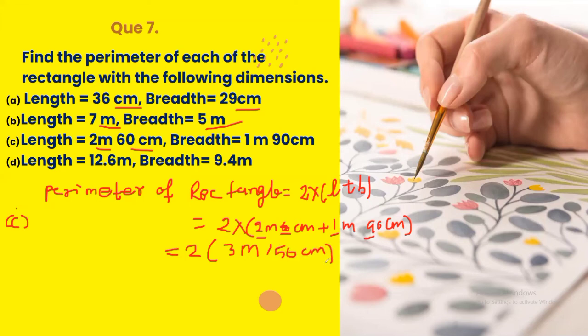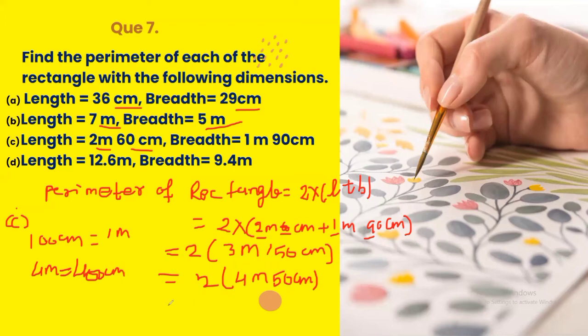Centimeter. Got it? Now you know very well 100 centimeter is equal to 1 meter. So this is 150 centimeter, and you need to convert it into meter. It will be 1 meter and 50 centimeter. So 1 meter added into 3 will be 4 meter and 50 centimeter. Got it? Now you need to convert this meter and centimeter into centimeter. You know very well 1 meter is equal to 100 centimeter, so 4 meter is equal to 400 centimeter.